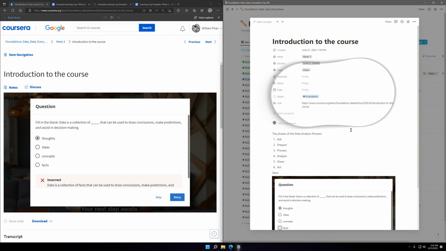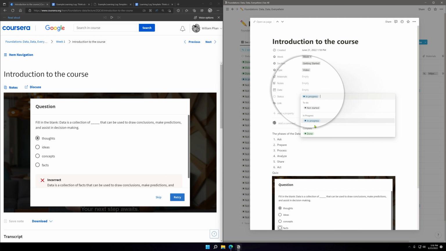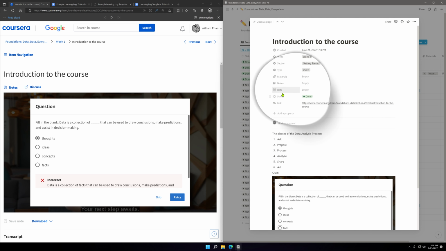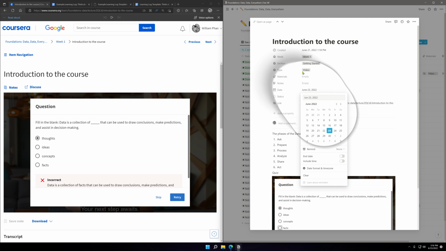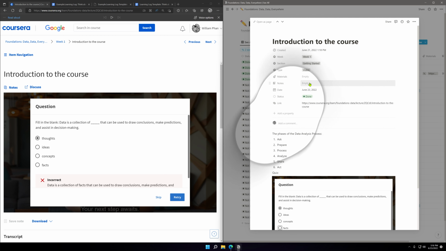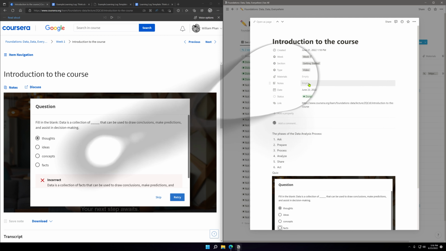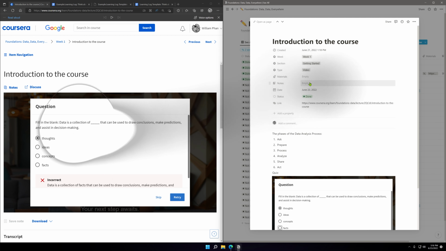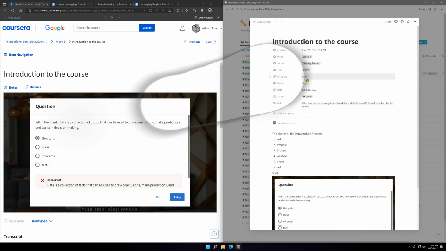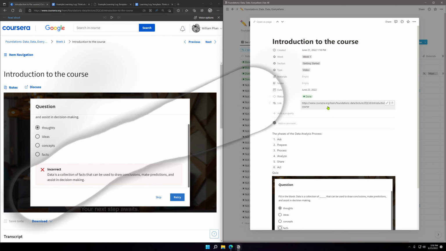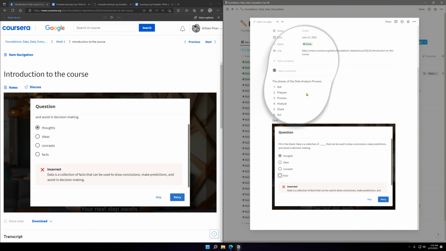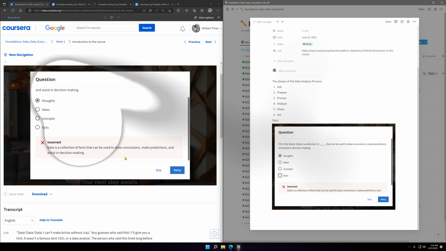This might be helpful if I start doing this now. And I'll mark this as done. Put today's date. No notes. I don't believe there's any material. I think this is good.